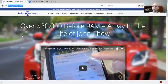to make money online. Now, if your business is dog walking or cake making or anything else, when you do your Google search, you're going to search that term and the word blog and then find the top blogs in that niche. But for this example, we're talking about how to make money online, and we're going to go to the top blog in that realm, which happens to be johnchow.com, or at least it comes up in Google very